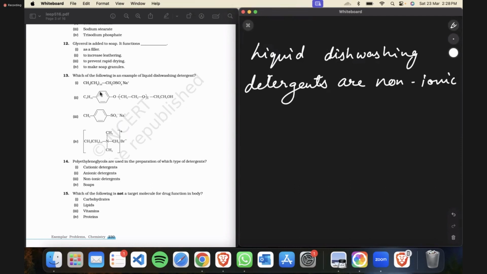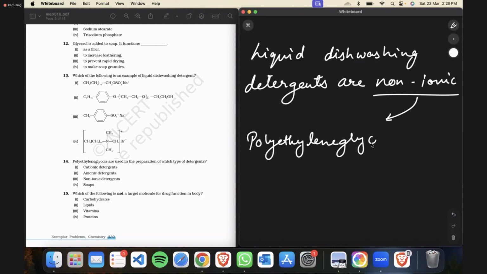Now, polyethylene glycols are used in the preparation of which type of detergents? So polyethylene glycols are used in the preparation of non-ionic detergents. Option C is correct. Non-ionic polyethylene glycols are used in the formation